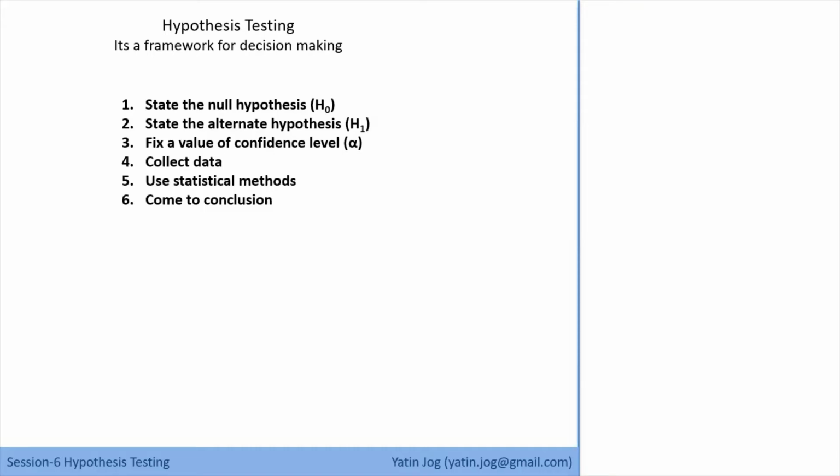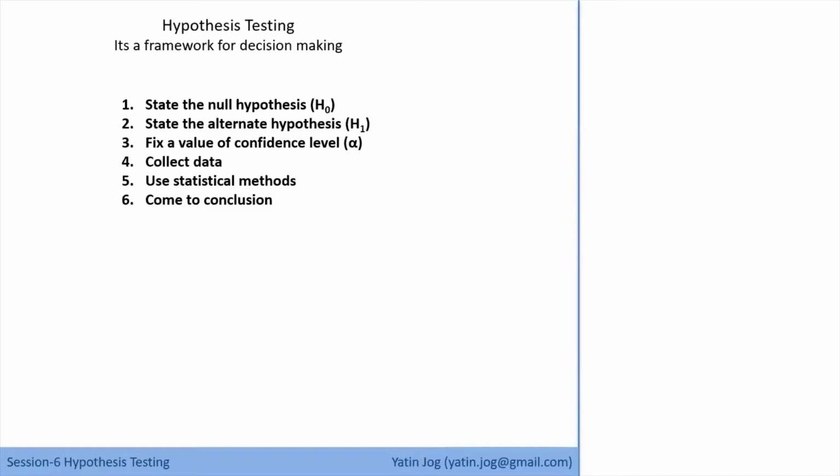So step number 1 is to state your null hypothesis first. Read the problem statement. Again, that's why from day 1 I'm telling you, defining the problem, defining the requirements is the most important part. If you miss something in defining your problem, you'll miss everything and the analysis will go wrong. Again, the first step in hypothesis testing is to state your null hypothesis, and that null hypothesis will be based on your problem definition. Whatever text is available to you, from that text you will form your null hypothesis.